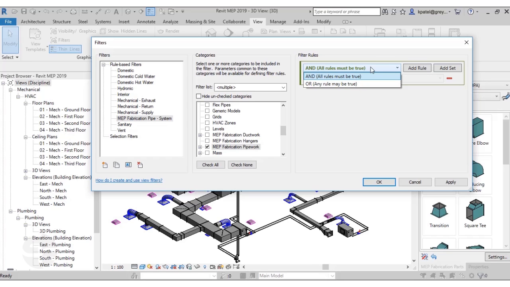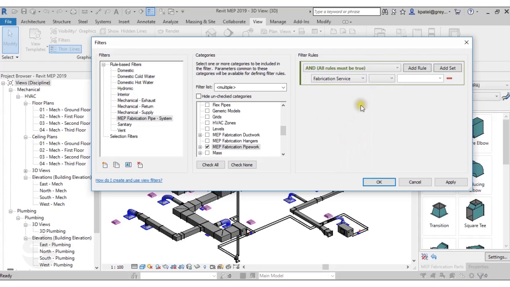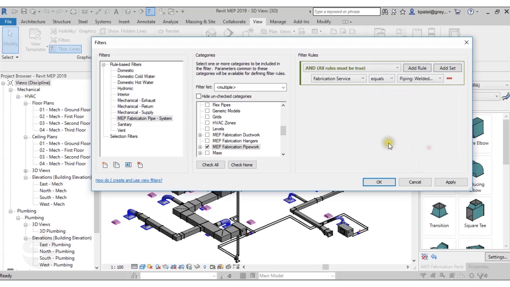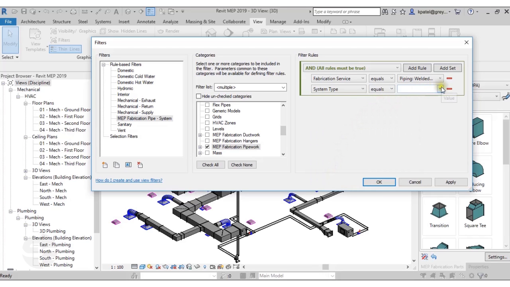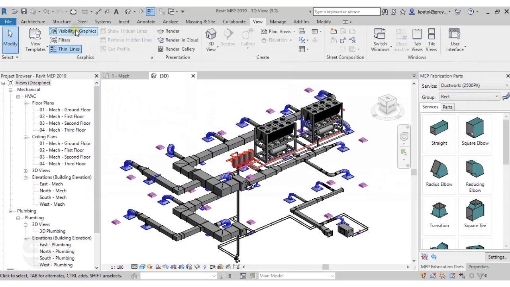So this time under the filter rules, we are just selecting the AND rule. Under the properties, I'm just going to select fabrication service equals piping welded and threaded. Also add one more rule, that is the system type equals the CHW supply. So I have added two rules with system type as CHW supply and fabrication service as piping welded and threaded. So I shall just click on OK,